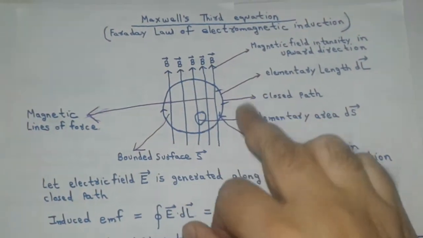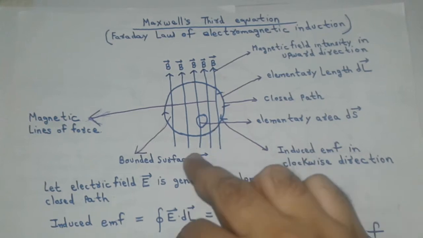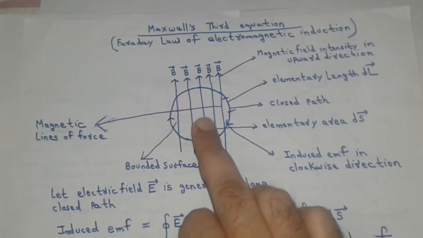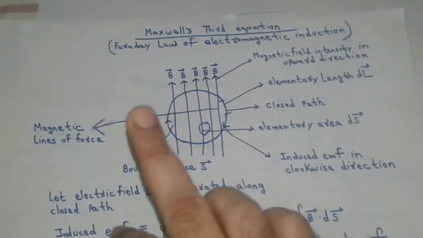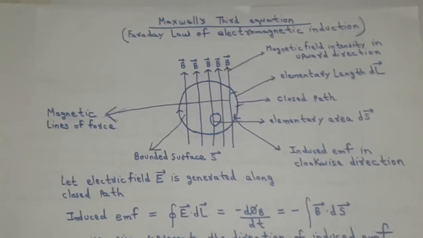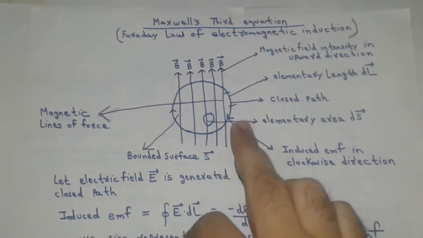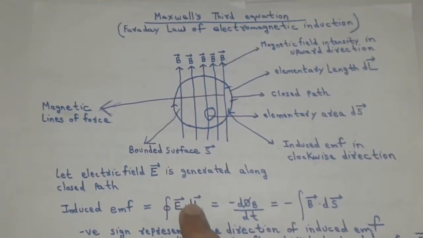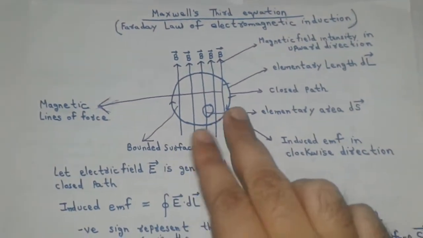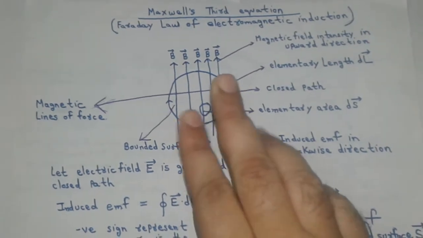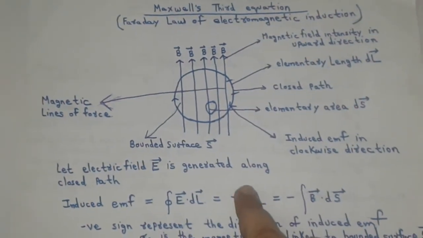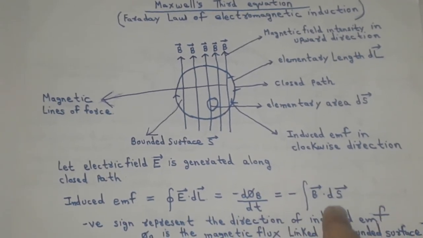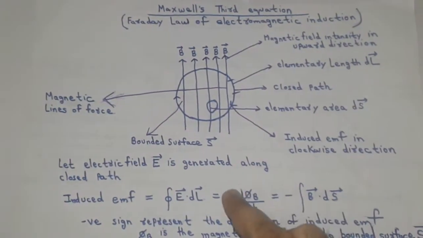According to Faraday Law of Electromagnetic Induction, the magnitude of induced EMF is equal to the time rate of change of magnetic flux passing through the bounded surface enclosed by that path. Hence this law in integral form can be written as: induced EMF along the closed path is the closed integral of E dot dl, and the time rate of change of magnetic flux passing through the bounded surface is given by minus d phi B by dt, which in integral form is minus the integral of B dot ds. The negative sign represents